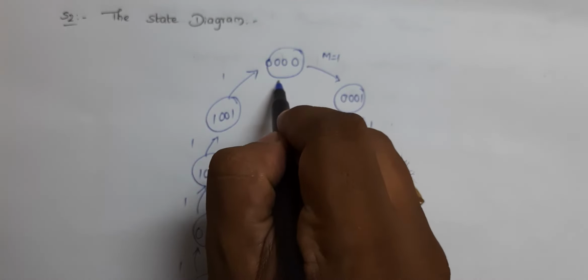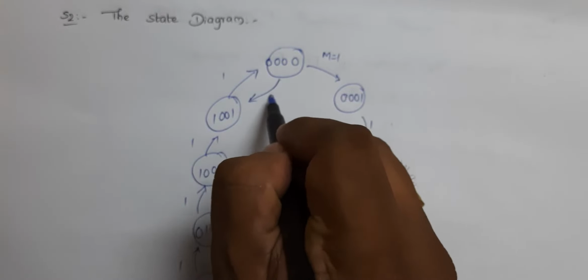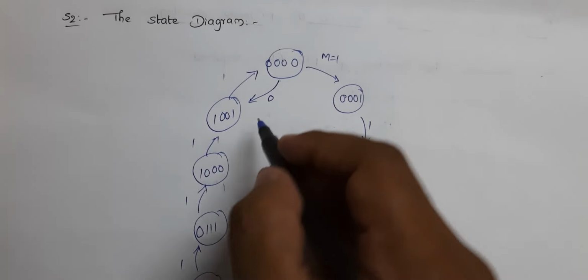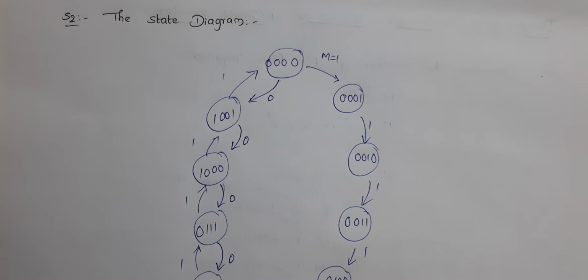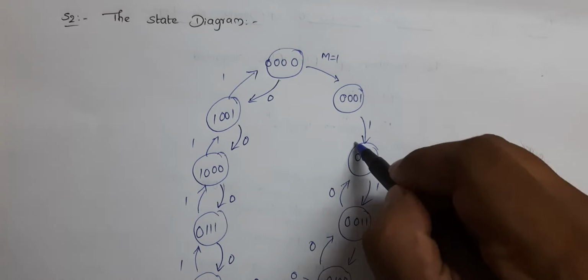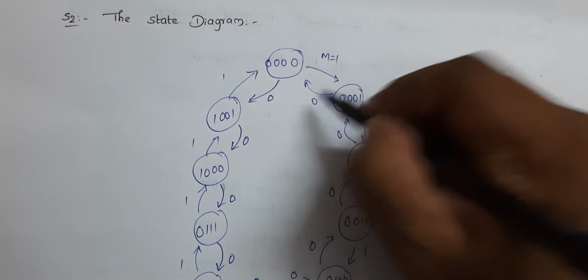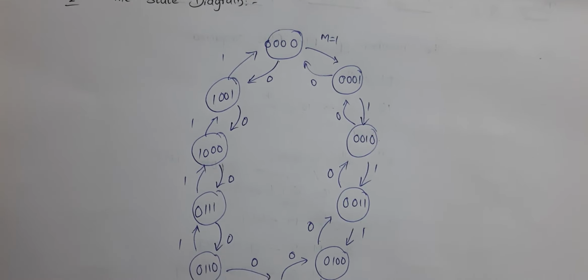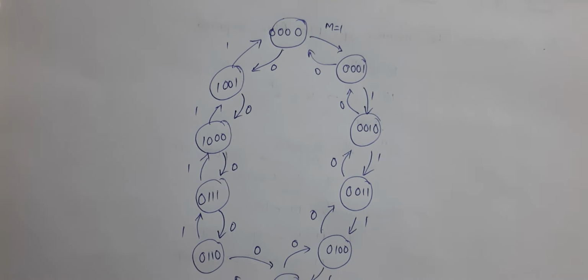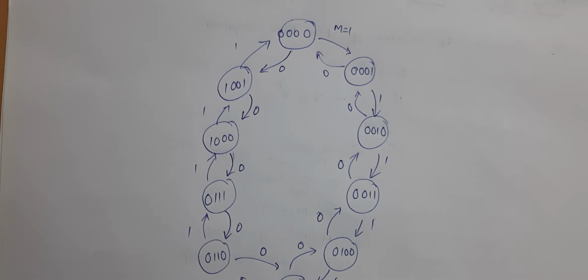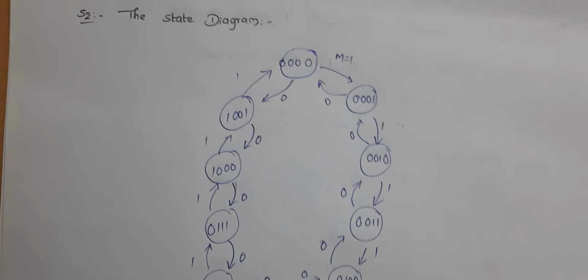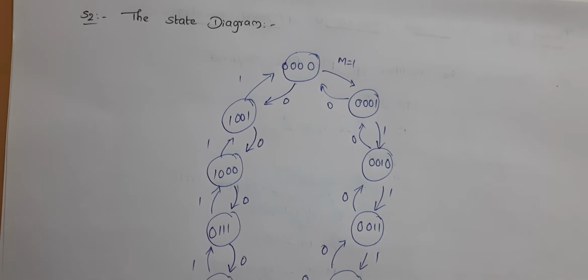In such a condition, initially we start with 0, and again the sequence is in decreasing order. So it's 0 to 9, and 9 to 8, and 8 to 7, 7 to 6, and 6 to 5, and 5 to 4, and 4 to 3, and 3 to 2, and 2 to 1, and 1 to 0. Okay, see the state diagram. When the control signal is 1, the counter will act as an up counter. Okay, when the control signal is equal to 0, the counter will act as a down counter. And this is the state diagram of the modulo 10 up down counter.